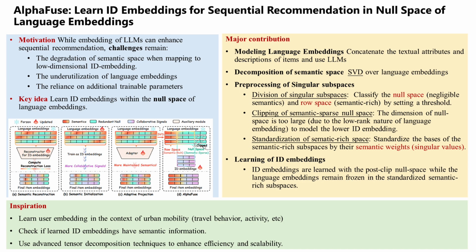Okay, so now we have our two components. Perfectly preserved, clarified semantic data, and a clean, isolated space for behavioral data. How does the final fusion work? This is where the elegance really comes through. The standardized language embeddings, the semantic part, are completely frozen during training. They don't change at all. They're locked in. Protecting the LLM's knowledge. Right. And at the same time, the ID embeddings, the behavioral signals, are initialized and trained only inside their own clipped null space. They never touch the semantic part. They're in their own sandbox. Perfect way to put it.